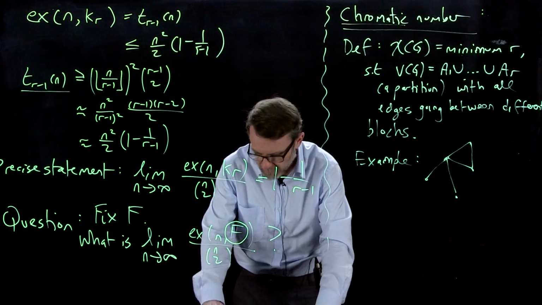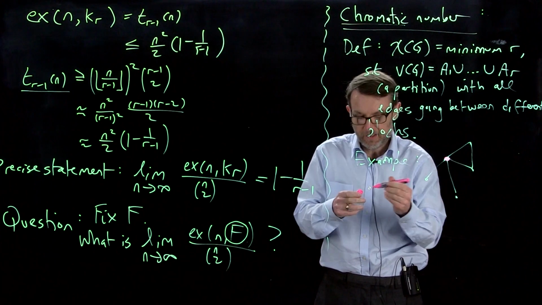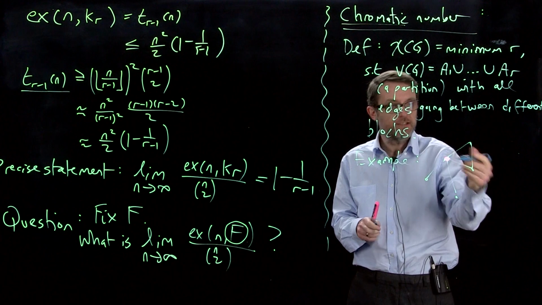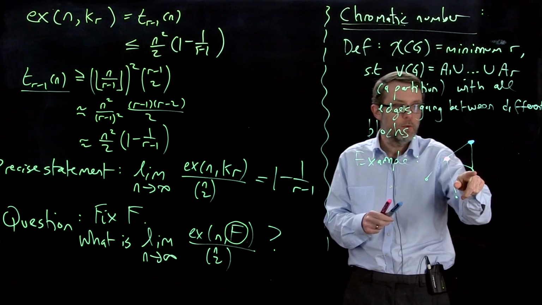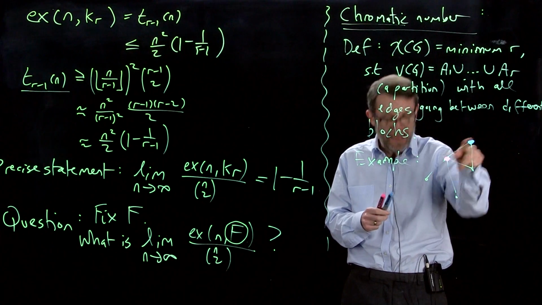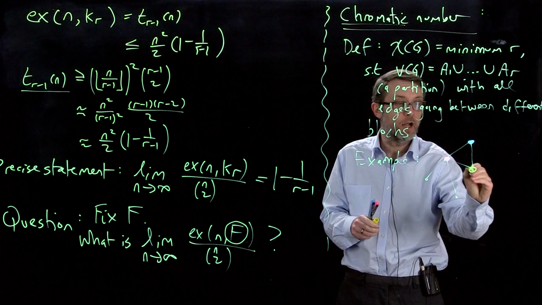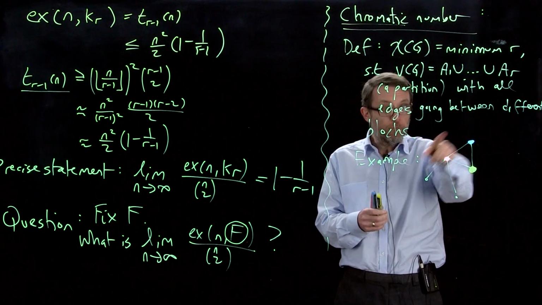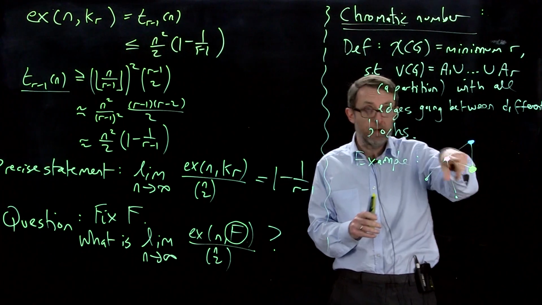So what about this graph here? Let's say we have to assign a color to each vertex. Let's say we assign color pink to this vertex. Well, now, this guy here is adjacent to a pink vertex, so it certainly can't get pink, so it has to get a new color, let's say blue. What about this guy here? It's adjacent to a pink and it's adjacent to a blue, so it has to get a new color, let's say yellow. So we're forced to use at least 3 colors, at least 3 blocks,